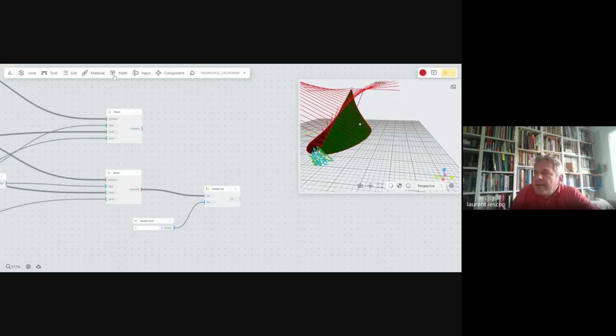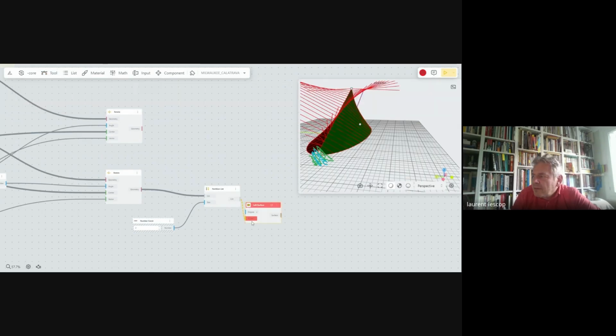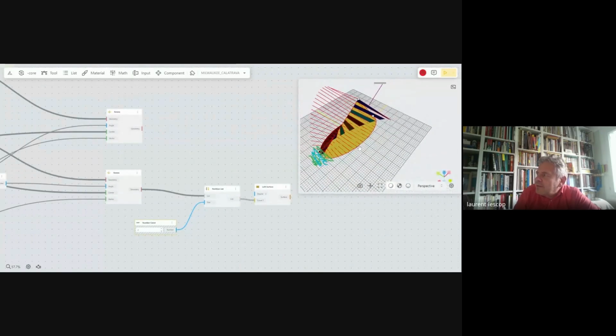I will try if it works or not. So I will take the loft curves. Oh yeah, it works. So you see, I subdivided my list in groups of 2. So I take those 2, then I jump to the next one, 2, next one, and jump to the next one, 2, 2, 2, and so on.